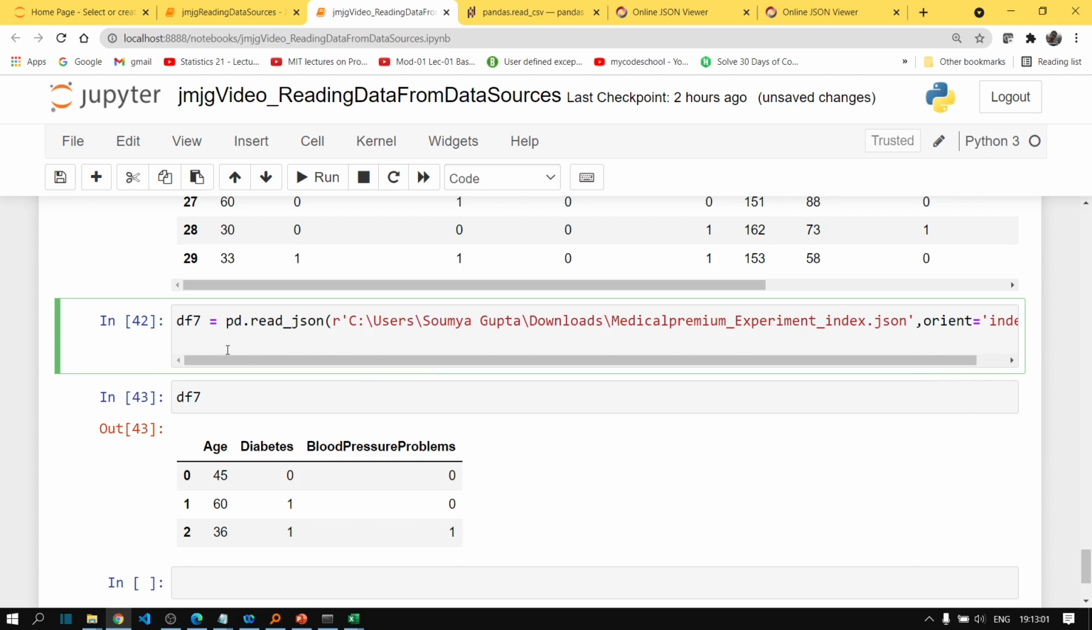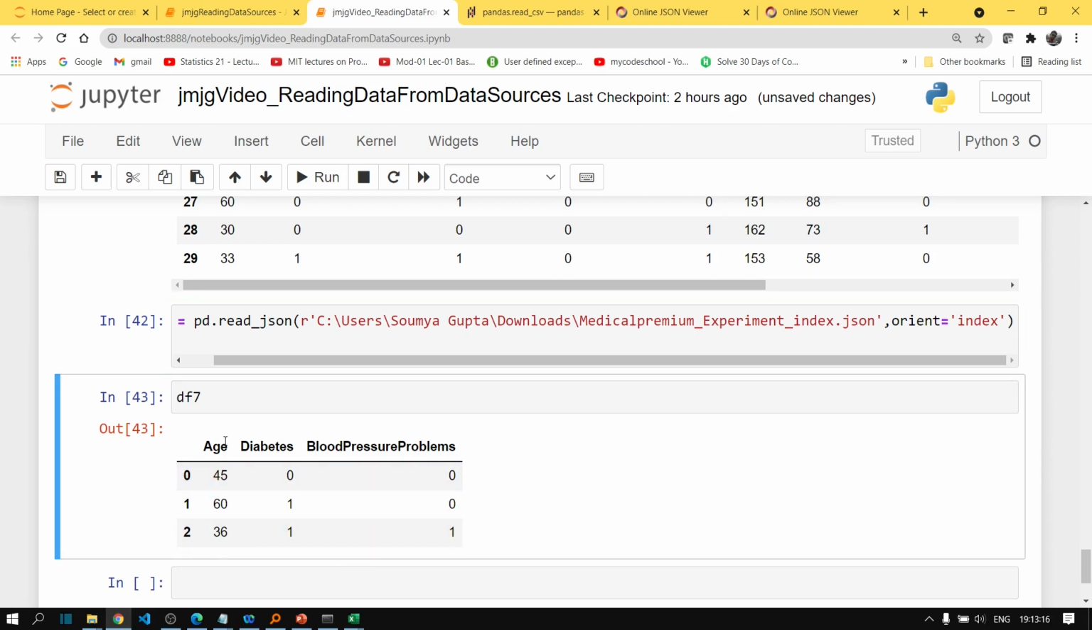Fine guys, I hope this is clear to you. So what we specify inside the orient parameter actually determines whether the keys of the JSON object should be treated as the name of the rows, or the keys should be treated as the name of the columns. Fine. So there can be other values of the orient parameter as well. I am not going into that detail. We do not use